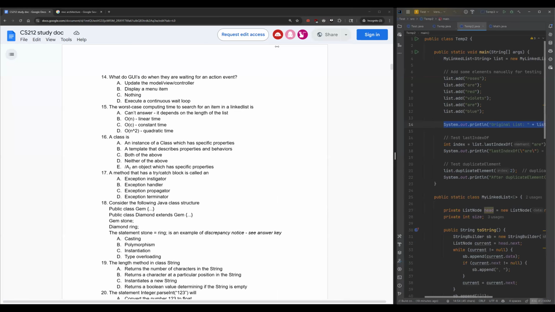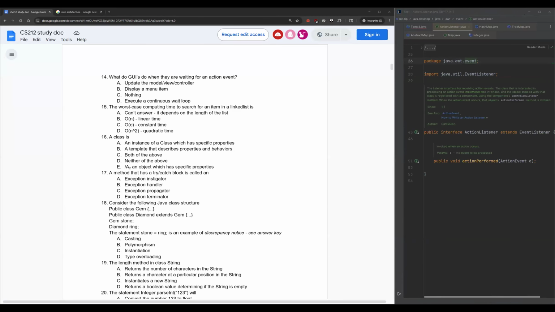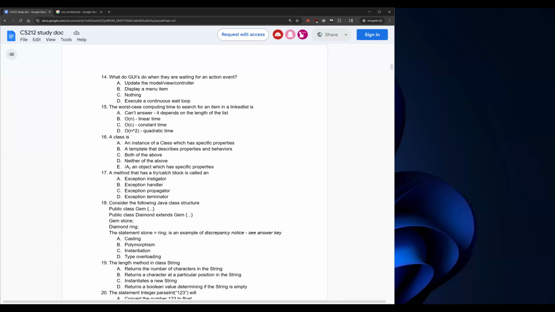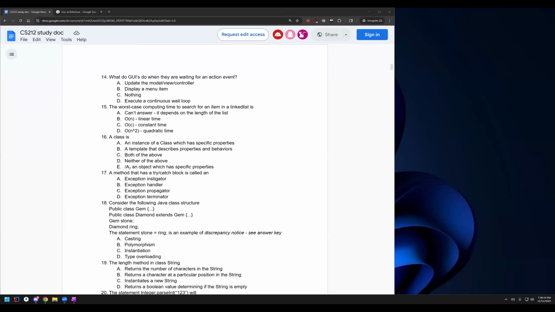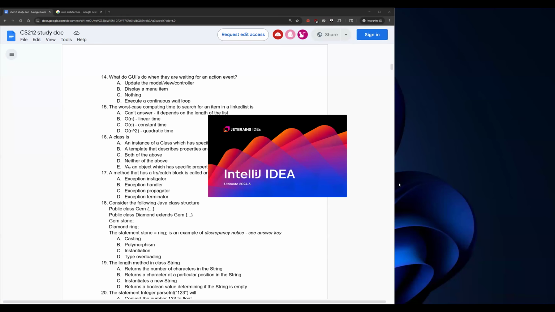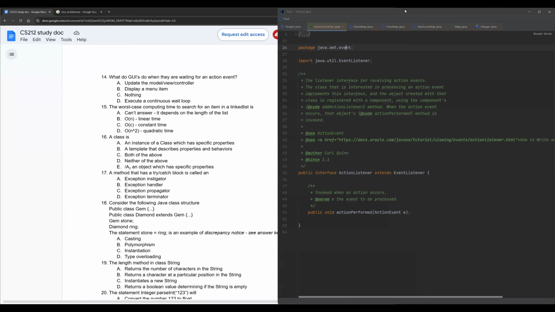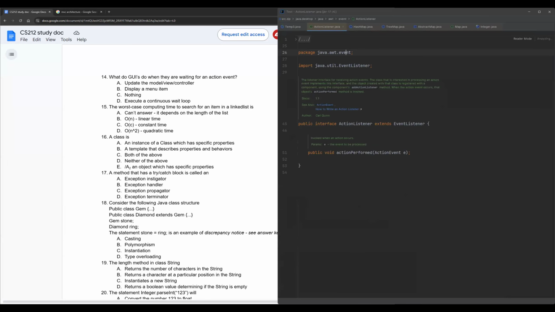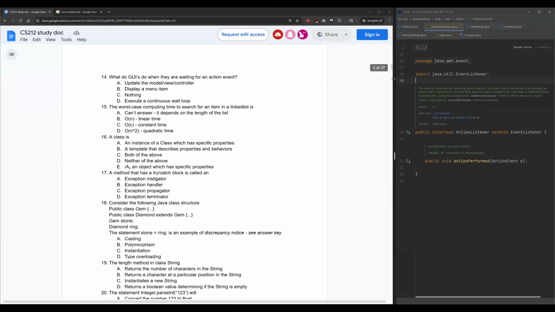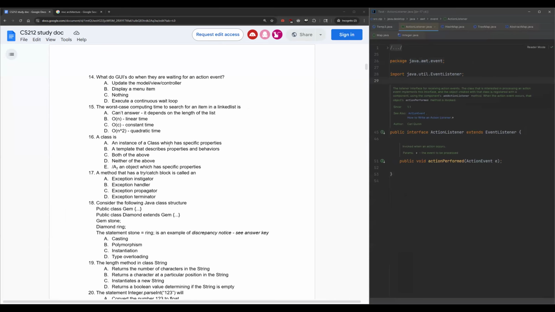So let me think about the implementation really quick. How did I get here? Oh, I just killed it. So I believe if it's an action event and it's an event bus type thing, then how it's implemented is basically when you add an action listener to